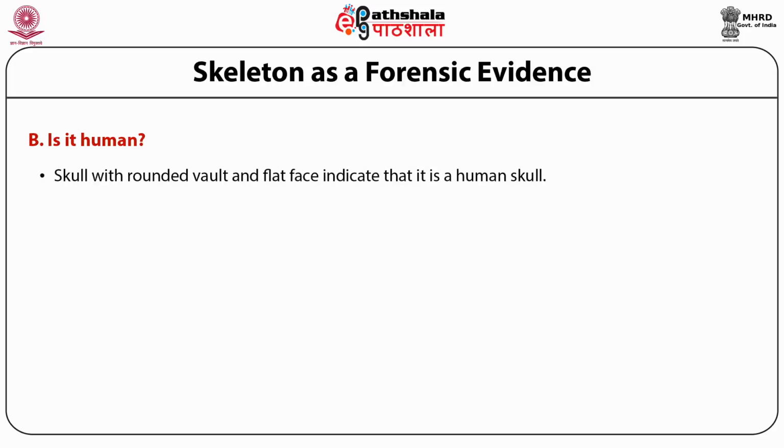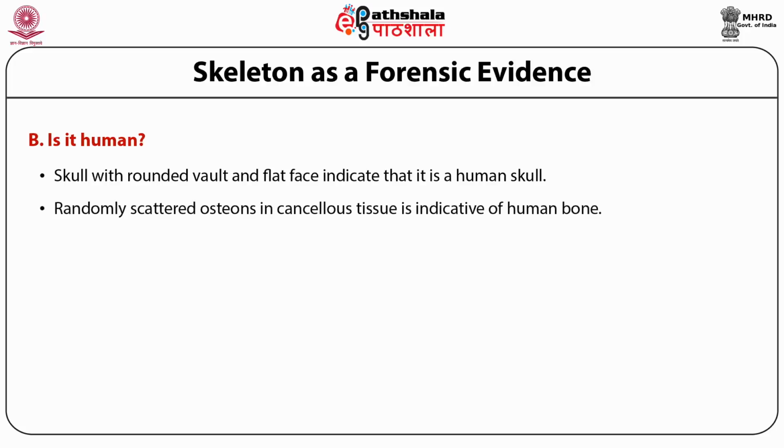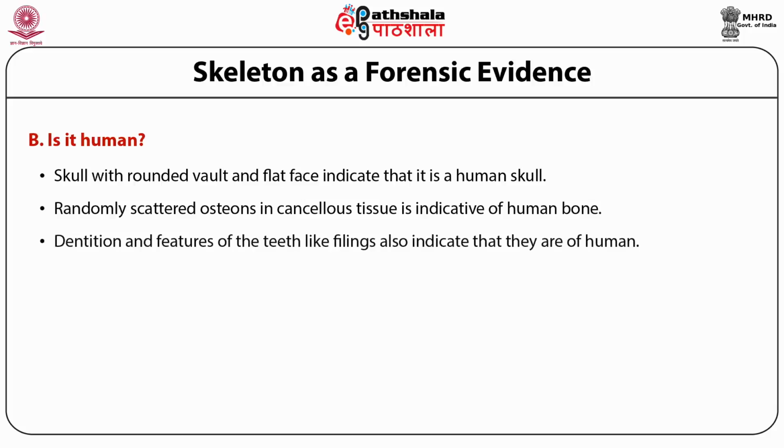A skull with a rounded vault and flat face indicates that it is a human skull, or randomly scattered osteons in cancellous tissue are indicative of human bone, or dentition and features of the teeth like fillings or caps also indicate that they are human. Even the precipitin test is also used